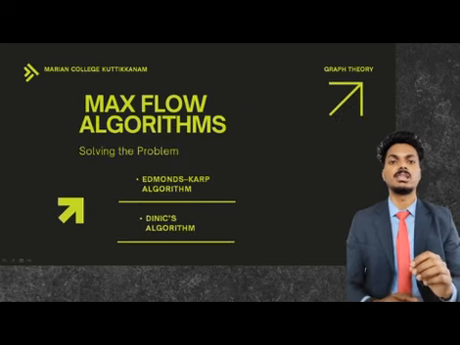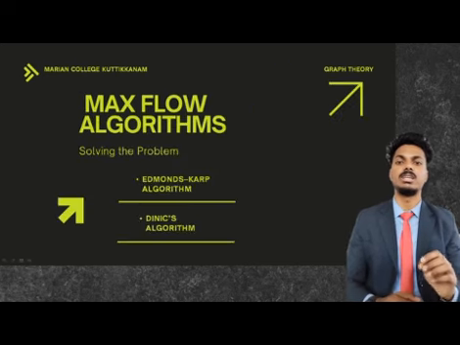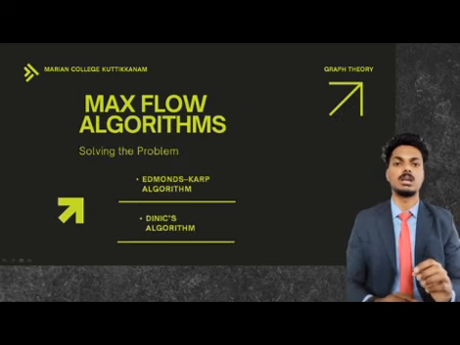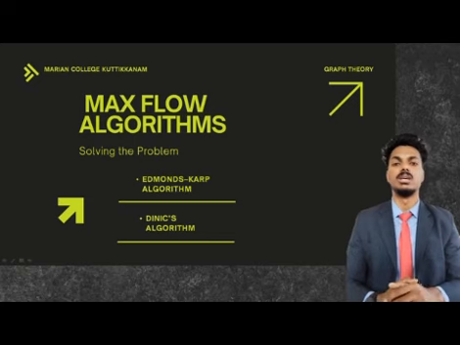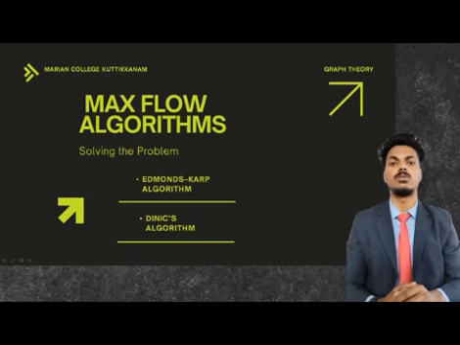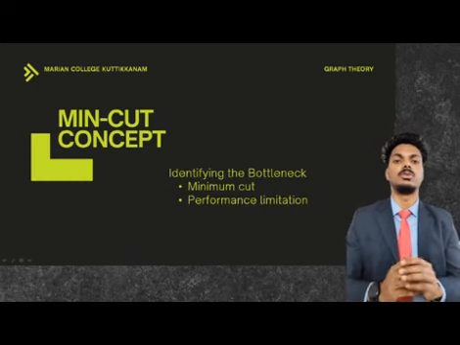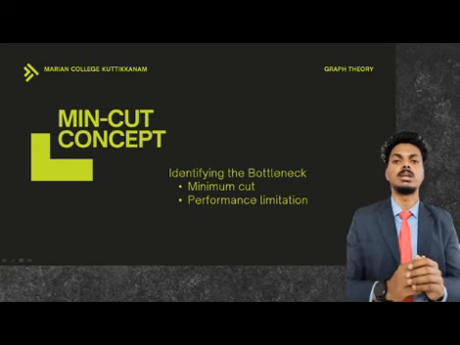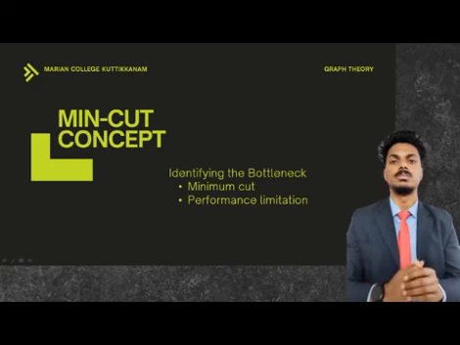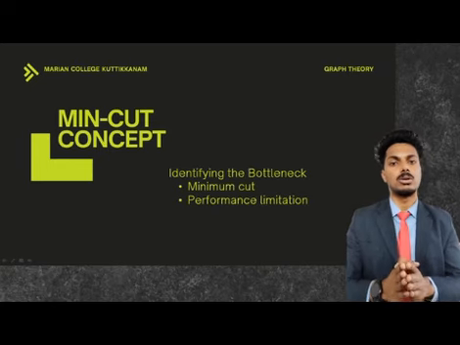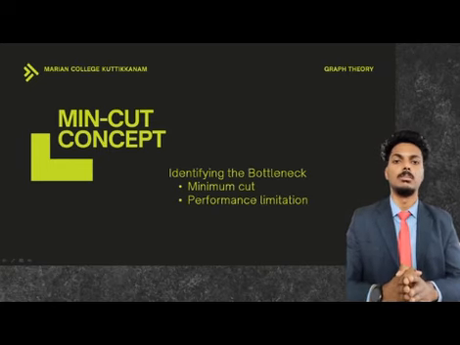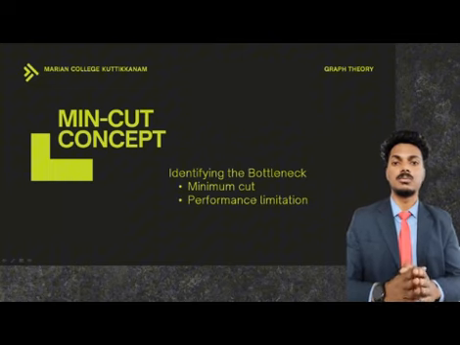To compute the maximum flow, OR provides efficient algorithms like Edmonds-Karp and Dinic's algorithm. These algorithms systematically explore paths and push flow while respecting capacities. The minimum cut divides the graph into two parts such that the total capacity removed is minimum. This cut represents the bottleneck of the system. According to the max-flow min-cut theorem, this value equals the maximum achievable flow.